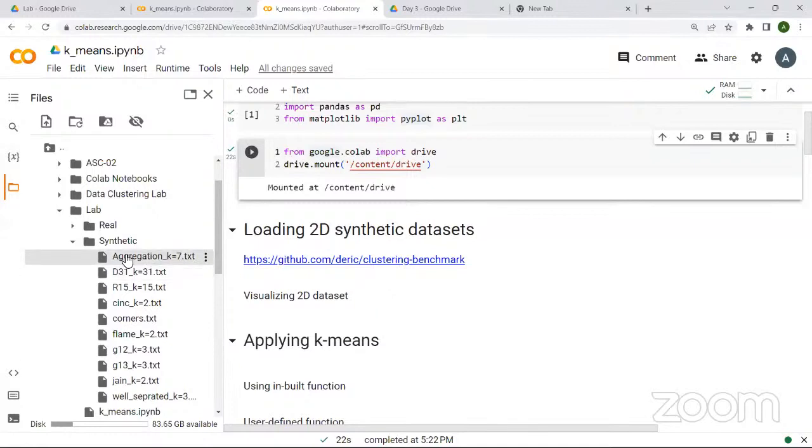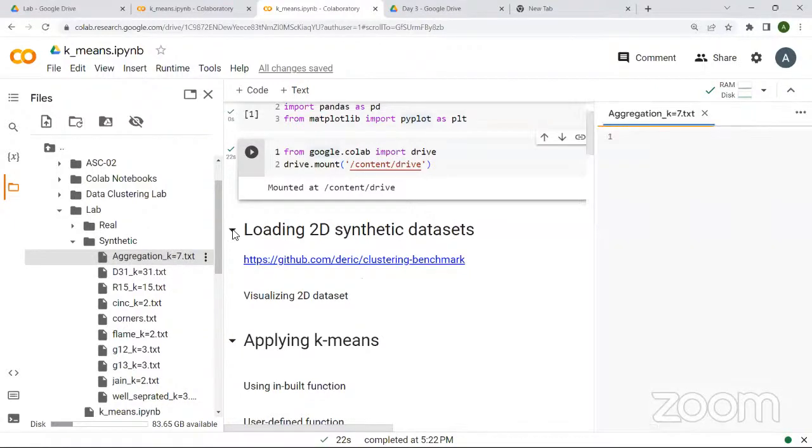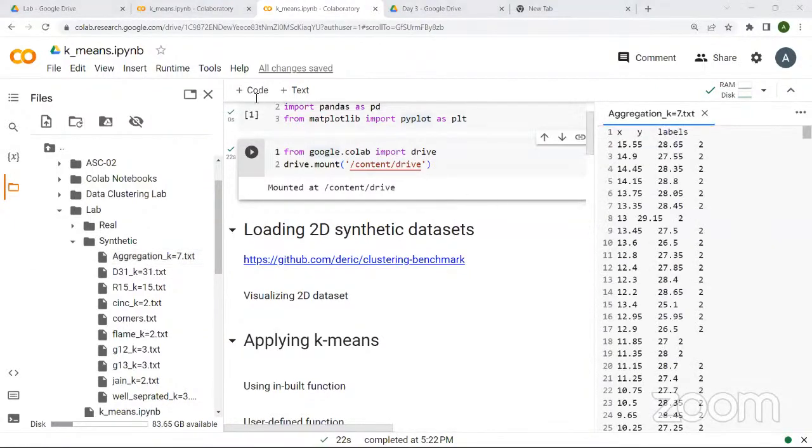Suppose there is one file named aggregation_k=7. Click on it, and after clicking you can see its content. In this data set, each row represents one data point. This is one data point, this is the second data point, this is the third data point. The starting two columns represent the value of the data points along the first and second feature. The first column represents the value along the first feature, the second column represents the value along the second feature, and the last column represents the cluster labels,